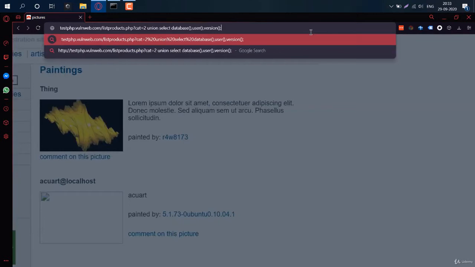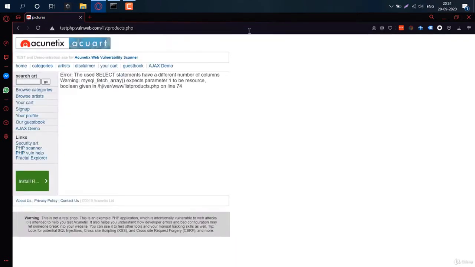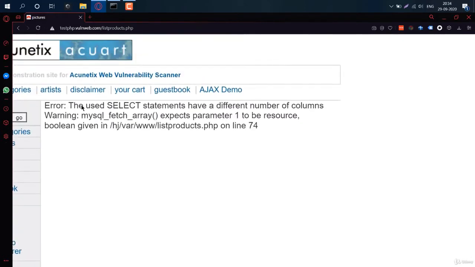Will it? Well, no, it won't. It'll throw an error. Let me show you what. You can see it says the select statements have a different number of columns. You cannot expect them to be using 3 columns, right? They might be using 4 columns or 5 columns or 6 columns. There are 2 ways to find columns. First is brute forcing,